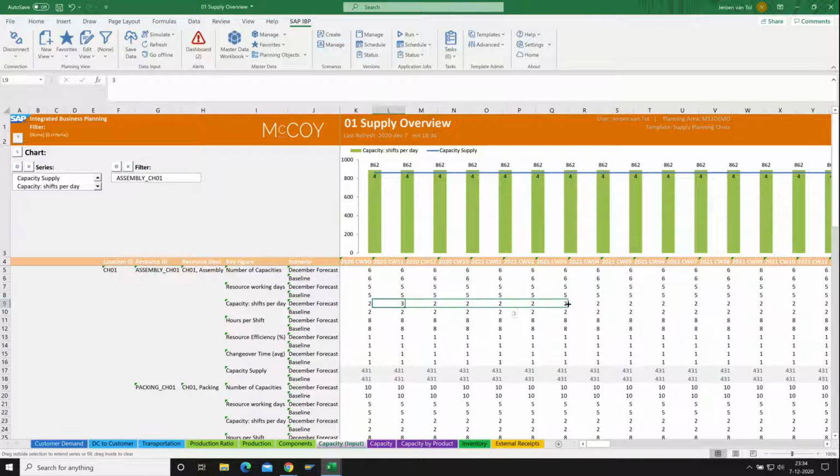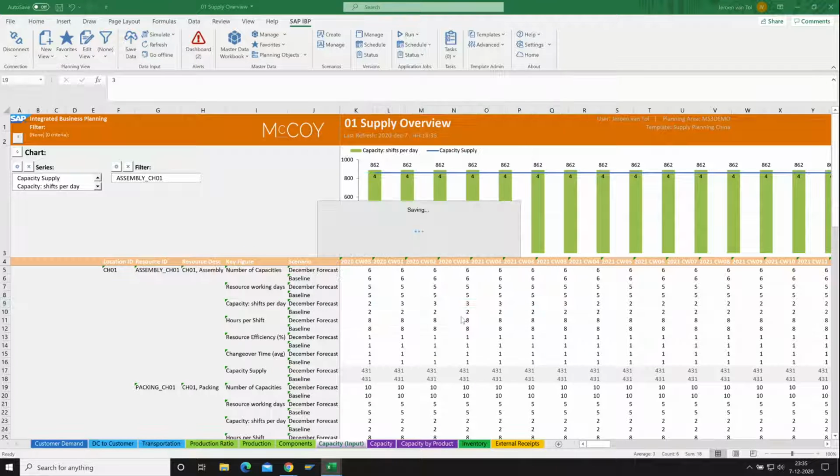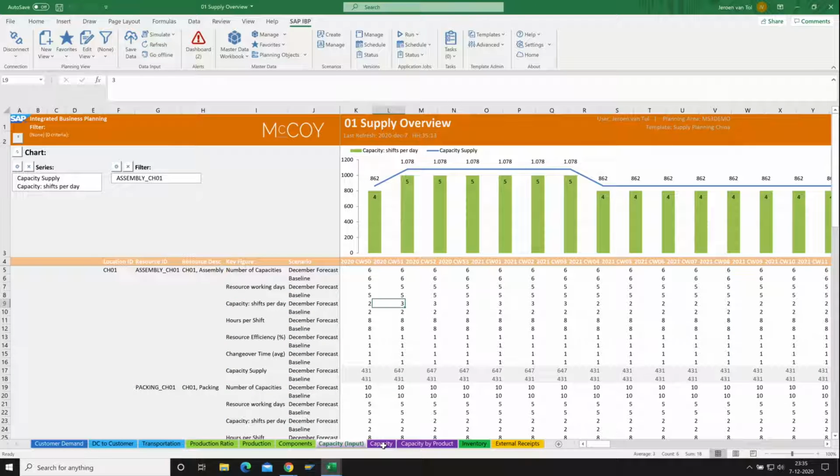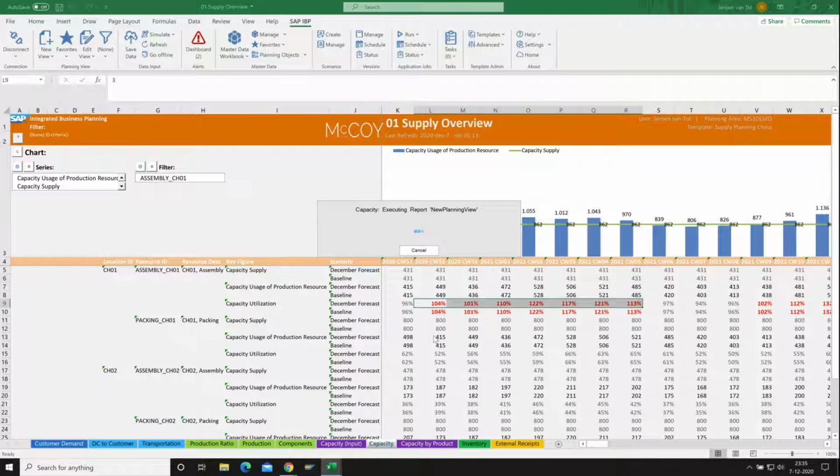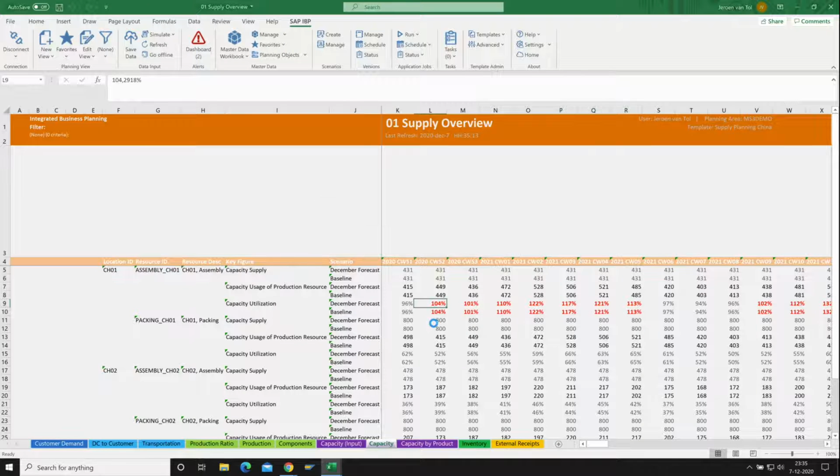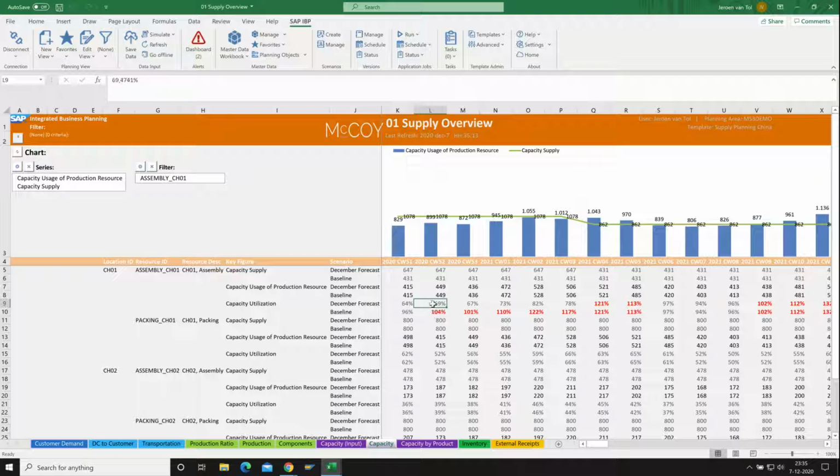If you would combine this with a value picture, that for example, an additional shift would have more cost, then I can analyze from both cost and supply chain perspective what this impact would have. And as I'm running this in my scenario, this means that I am really simulating the what if question only within the group which is sharing this scenario. So this gives me the opportunity again to play with the numbers, to simulate the what if question before I promote anything to my real scenario or to any other MPS system, for example.